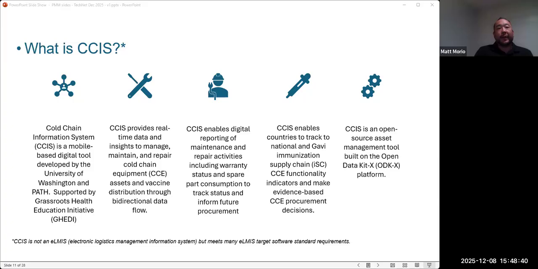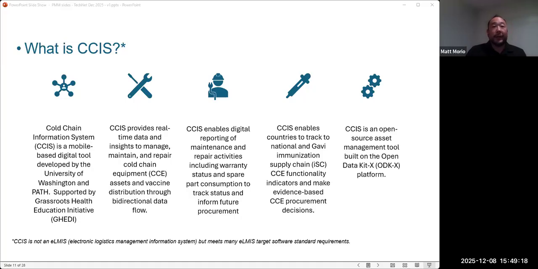data in terms of the functional status of the equipment, the location, prioritizing if maintenance is needed or repairs, as well as tracking key important things like digitizing your maintenance records and repair logs, capturing spare part consumption. Some of the challenges that many programs face is not having that data to justify or explain why budgets are needed, or even the location of spare parts to make them accessible for repairs.